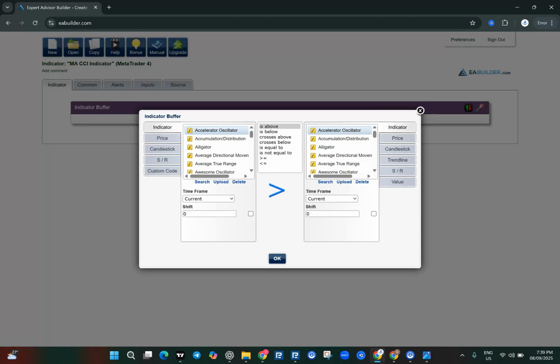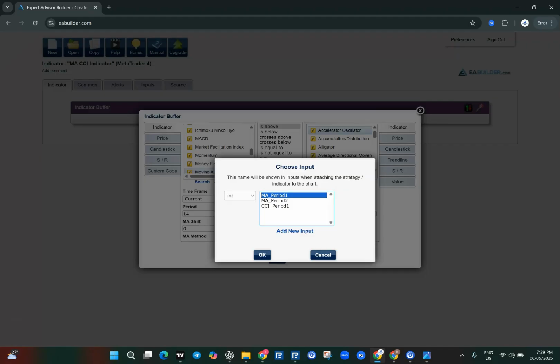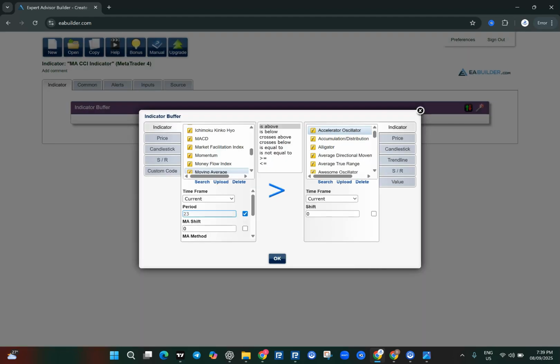We need to input our parameters. Since we are using indicators mainly as our source of signal, we're going to stick with our rules, and we are going to find our moving average around this area. This is it, this moving average period. I'm going to save it as period 1. So this is period 1, 23, and it's going to be above